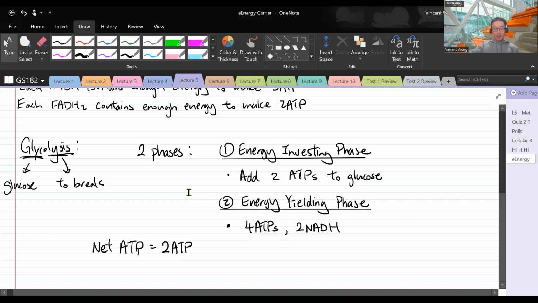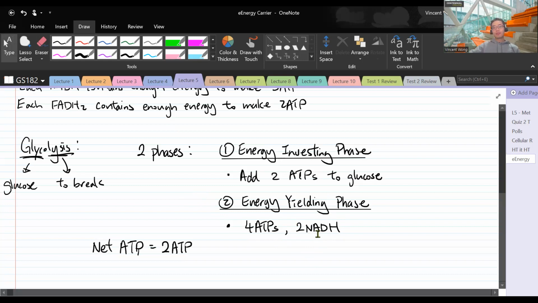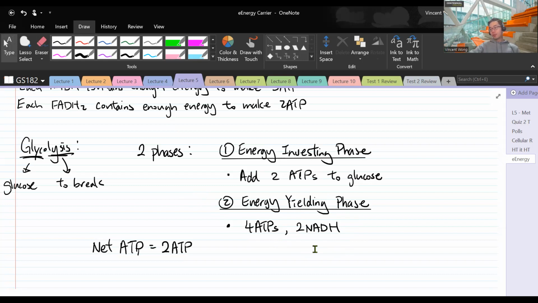It's hard for me to judge without seeing the expression on your faces. So let me ask again. The NAD plus picks up these high energy electrons from glycolysis, and it turns into NADH. Now, where does the NADH take those electrons? You can type the answer in the chat box if you don't want to talk,